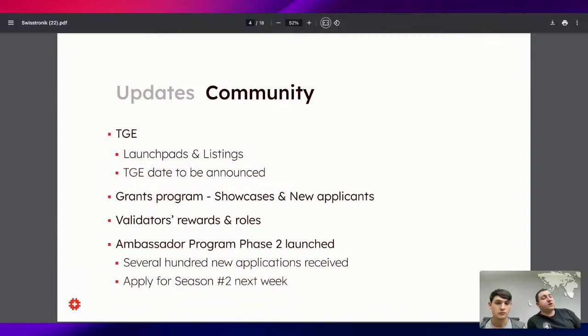Regarding the grants program, quite soon we'll showcase some of our grantees, what they're building, and reveal them to you so that they'll have a bit more exposure. We're quite happy to have them on board. That's quite important, not only for them, but also for us. Also this week, we'll finalize the review of the new grant applicants, and there are quite a lot. Most of them are lovely, but we need to narrow down the list to only the ones that are most suitable for our ecosystem. We'll share that soon too.